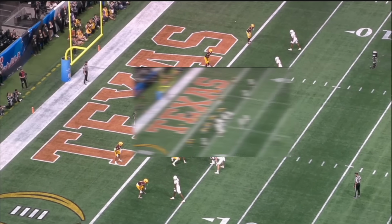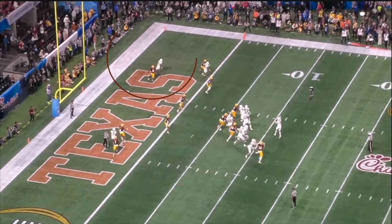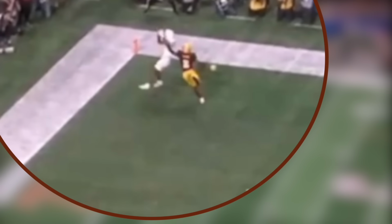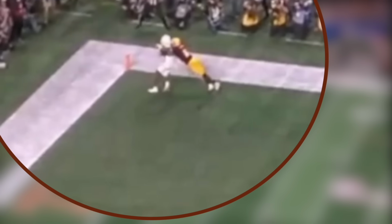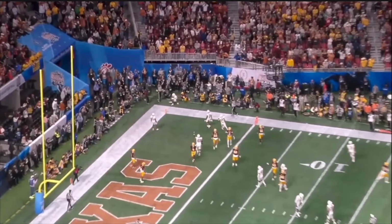So let's run it. Looking at this play here, just watching Ewers, he's rolling to the right. Seeing Golden getting to the top of his route, and he's gaining that separation. I mean, a lot of times, man, you've got to find these guys that can separate, tracking down that ball and making a big-time catch. The thing is, if you're going to be a big-time receiver in the NFL, you've got to make those spectacular catches in the most important times of these games, getting both of his feet down